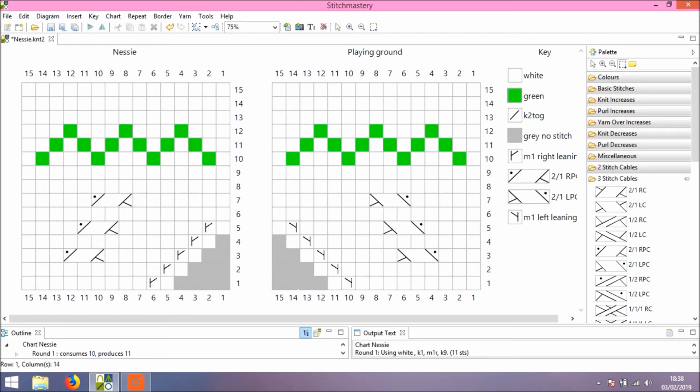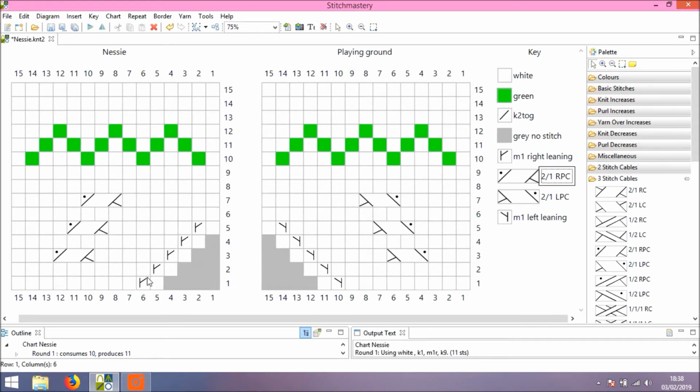So we've now got the grey nose stitches in the left hand corner, and our cables, as you can see, have changed from right leaning to left leaning, and our increased stitches here in the bottom corner have changed from make one right leaning to make one left leaning.